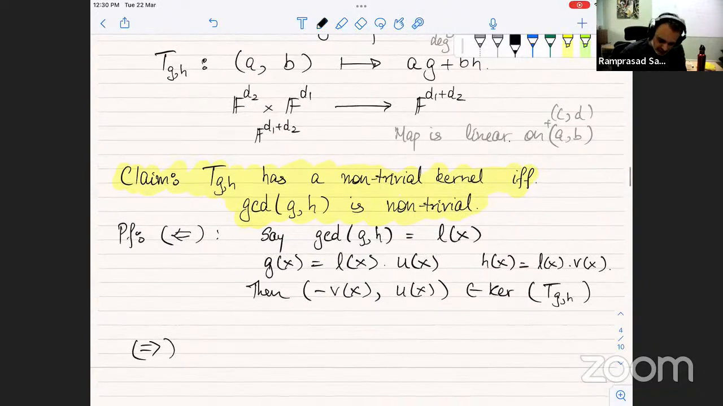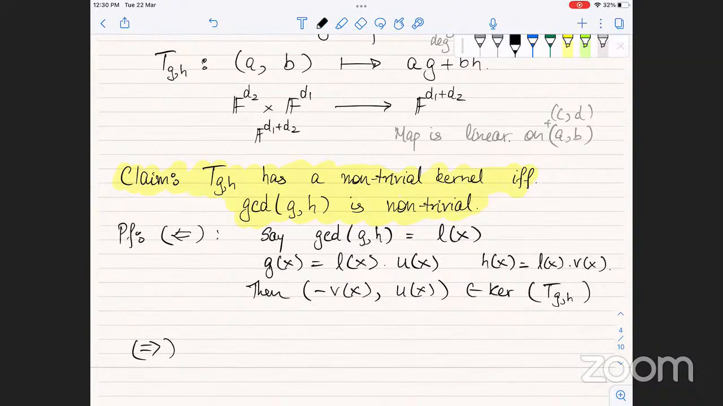So now what is the other direction? The other direction is I somehow want to say,